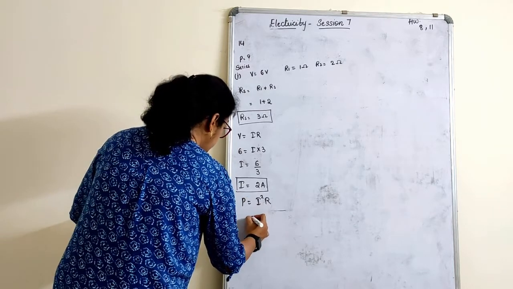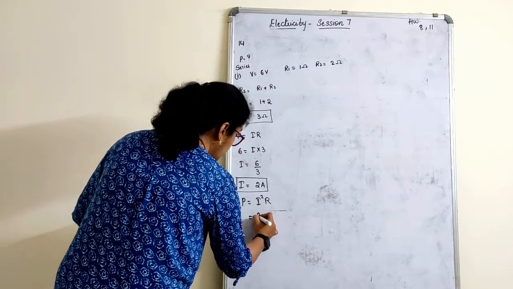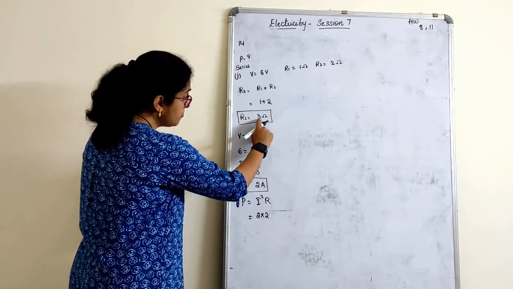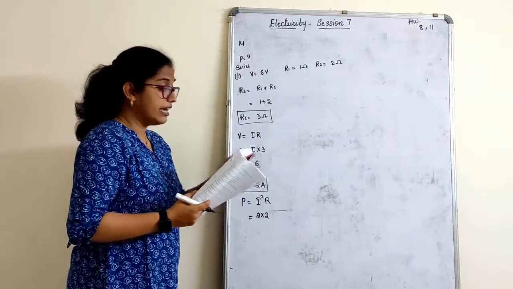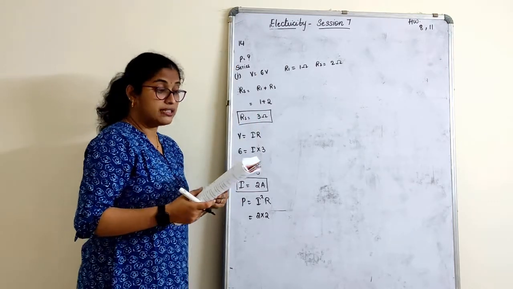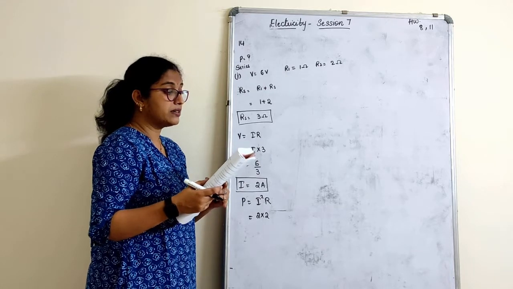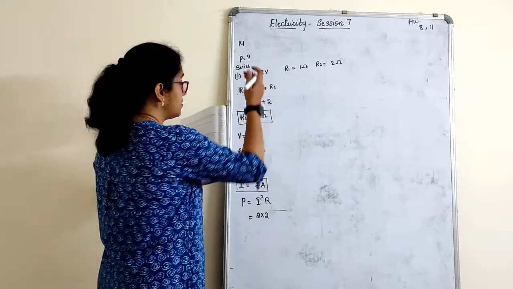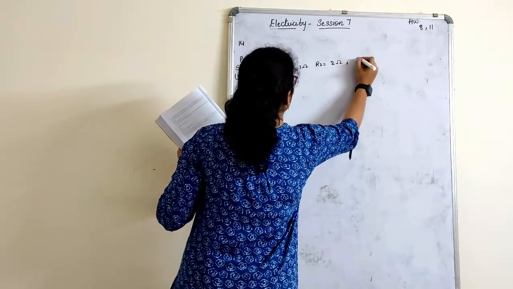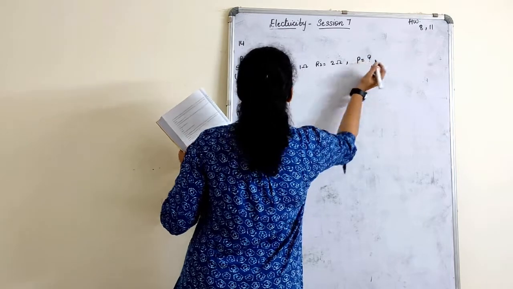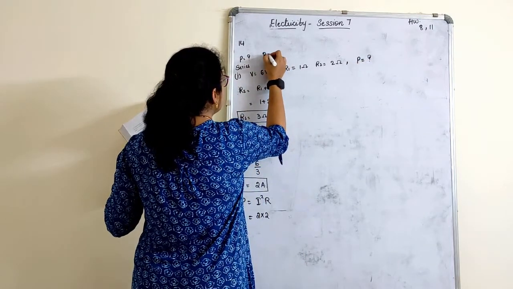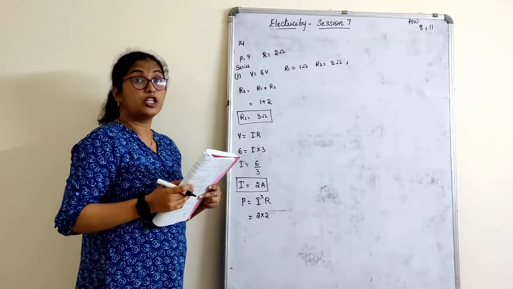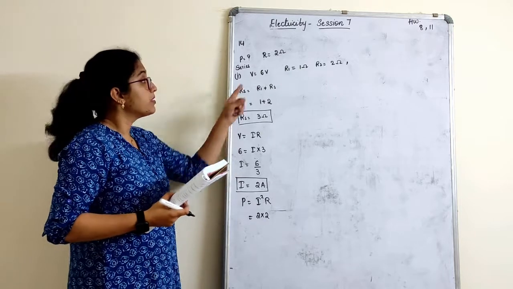So what is I here? 2 into 2. What is R here? Is R 3 ohms, or is R, according to the question, 2 ohms? Let's understand the question clearly. Compare the power used in a 2 ohm resistor. So I will also write here power is equal to question mark, where R is given as 2 ohms.